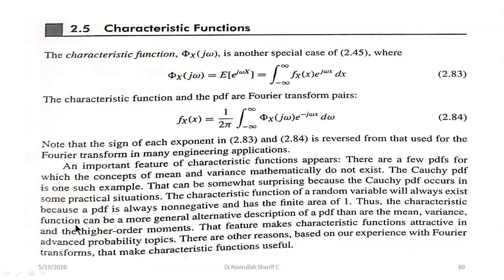Thus, the characteristic function can be a more general alternative description of a PDF than the mean, variance, and the higher order moments. Therefore, the characteristic function becomes a very important term over here. That feature makes the characteristic function attractive in advanced probability topics. And there are a lot of other reasons why the characteristic function is useful, particularly with respect to Fourier transforms. So using this property,